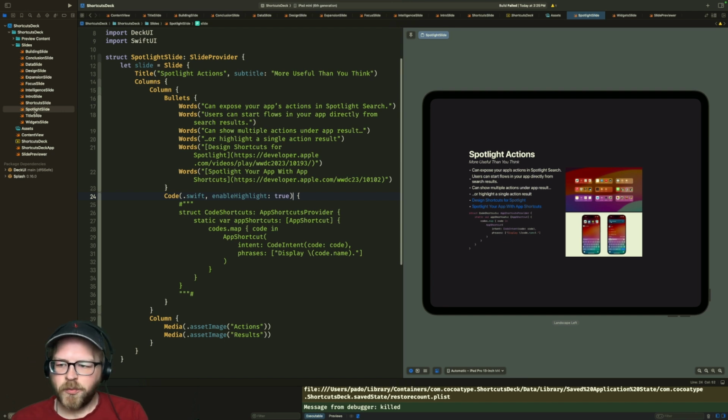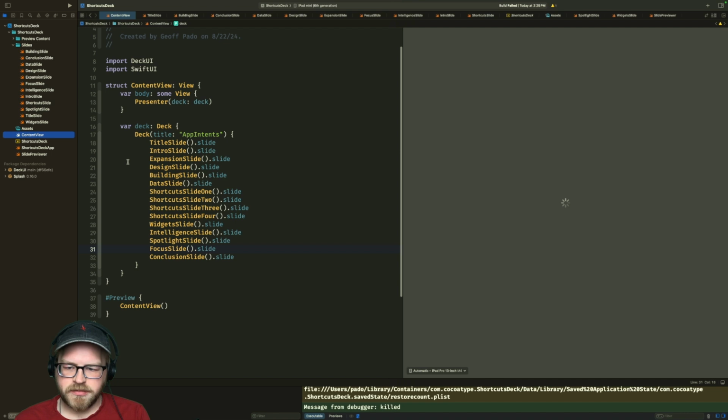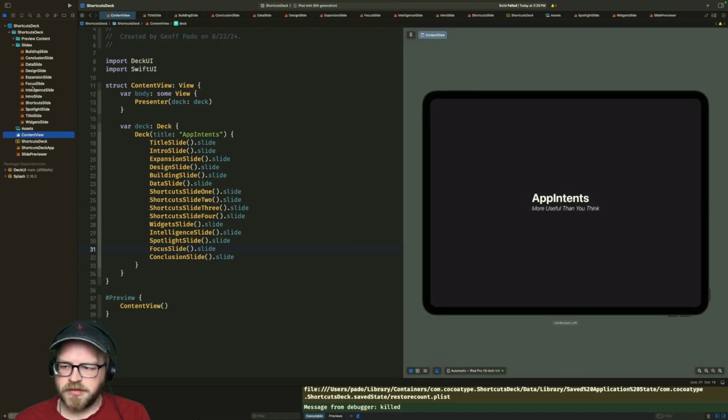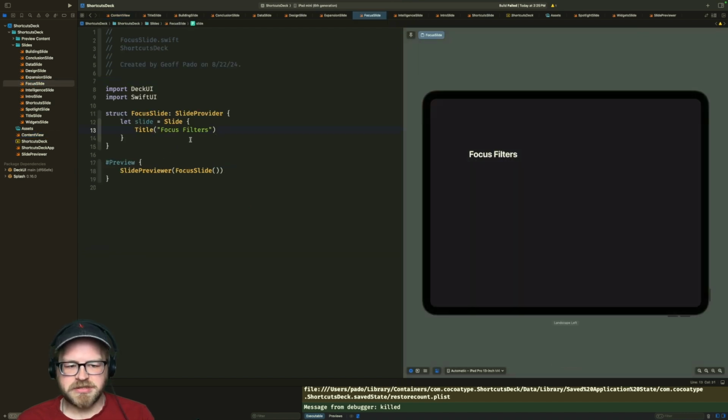Okay, one more slide left. Is it really just the focus slide left? And then we're done? Yes, okay. Focus slide, focus filters.